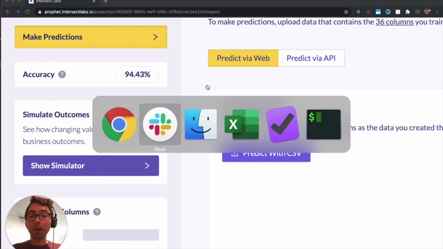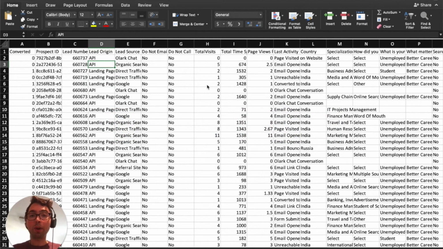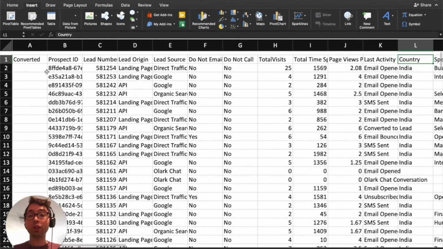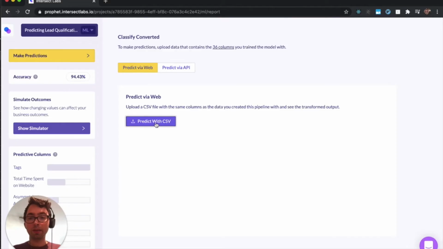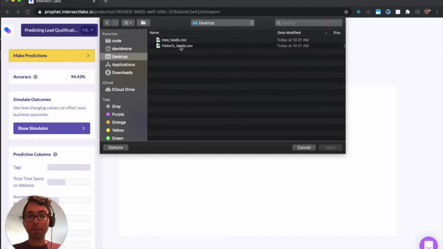Well, remember, we started out with both historic leads, which we trained our model with, and with some new leads for which we don't know the outcome of. Let's upload those new leads and have the machine learning model make its best prediction on the likelihood of each lead becoming an actual customer. I'll upload my CSV, grab the new leads, jump ahead,